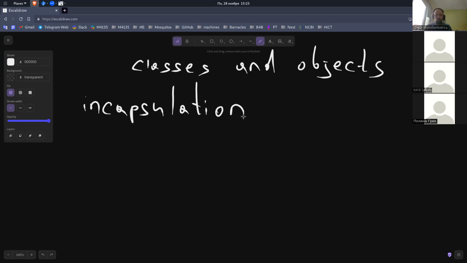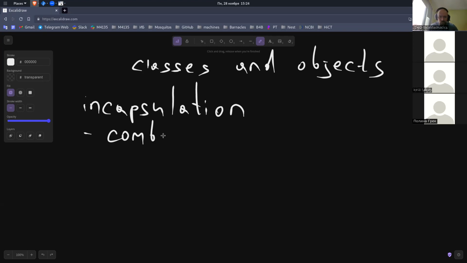I want you to really understand what's going on when we talk about encapsulation, because there are a lot of different determinations, and there are people that think that encapsulation is just about protection of your data. But let's think about encapsulation like